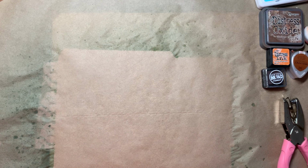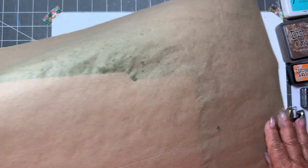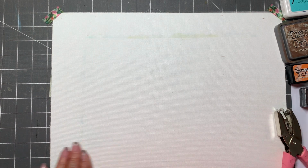So we'll remove that. And now that this is all the spraying I'm going to do, I'm going to remove this paper. I don't want to get all that possibly transferred to another part of the project. So